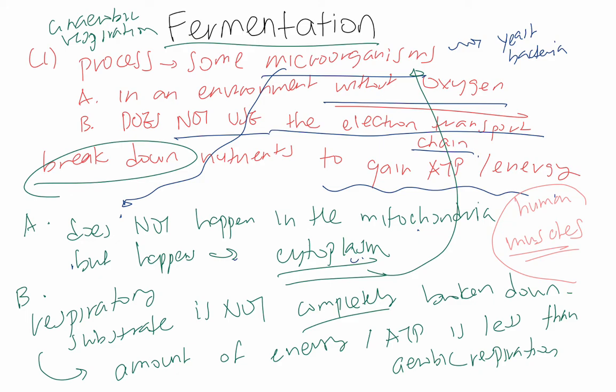And if I just add a little bit more, in the case of human muscles, what's happening is that after glycolysis, well, we will have the pyruvic acids, right? And if we have oxygen, these muscles would step in cell respiration, so this pyruvic acid would turn to acetyl coenzyme A. But if it goes into fermentation because there's not enough oxygen, then it would become lactic acid. And these are the acids that give you that burning feeling when you work out.